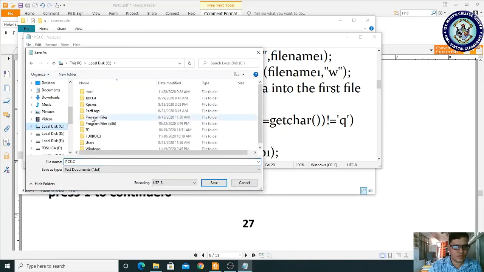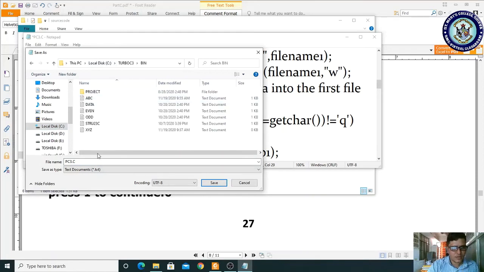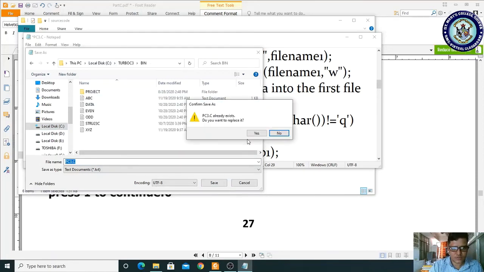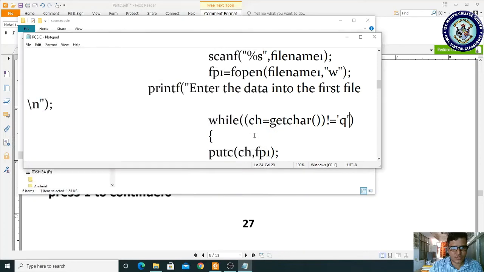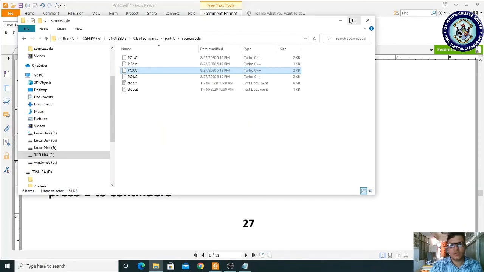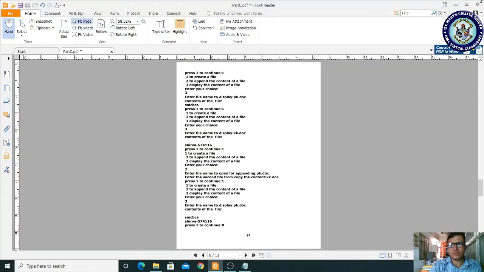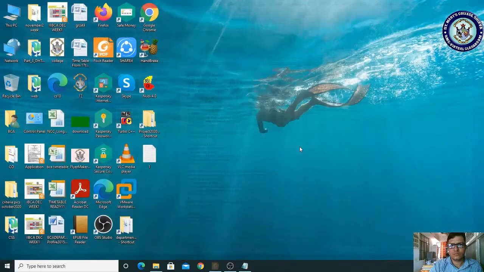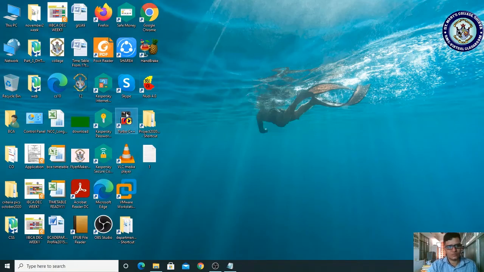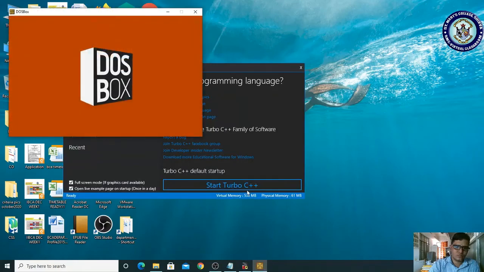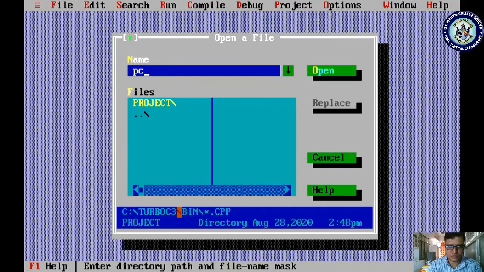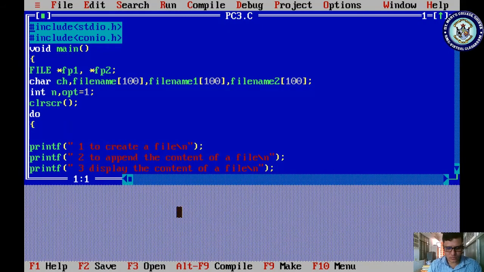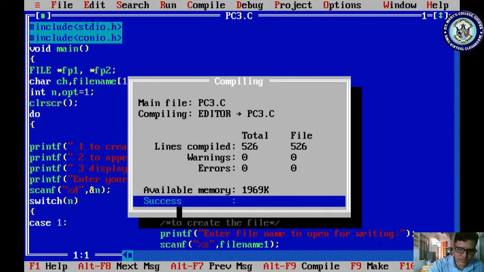I am storing it in my drive, turbo c3 bin, pc3.c. Save it. Yes, press it. Okay, now open our editor. Let us compile and run.